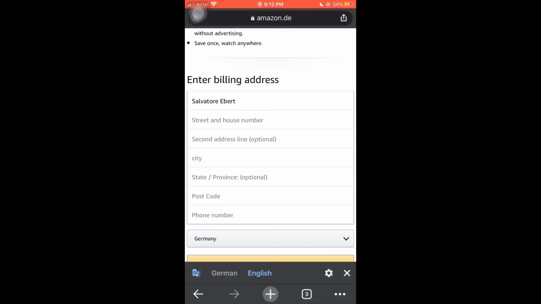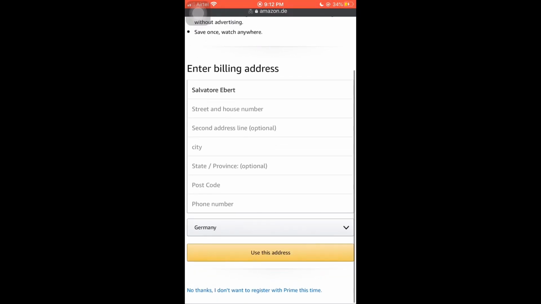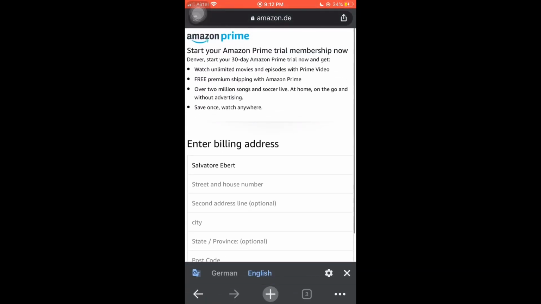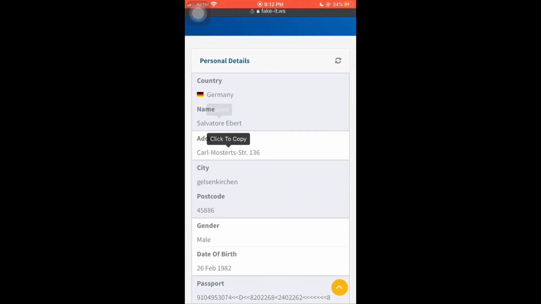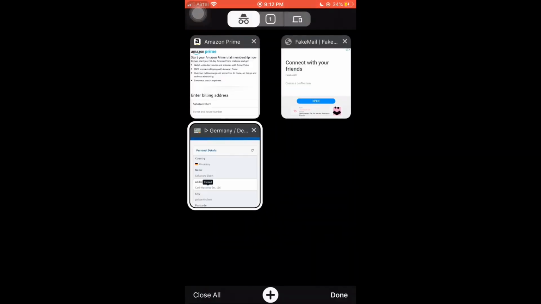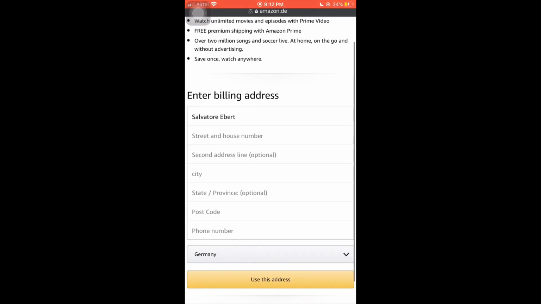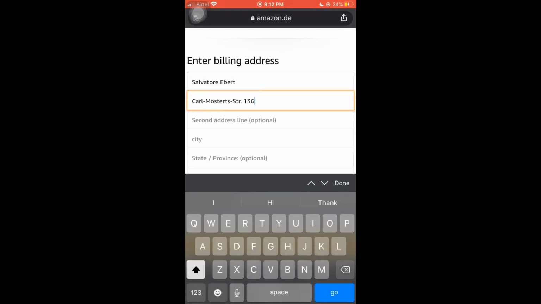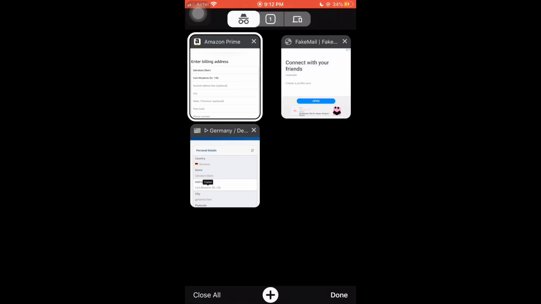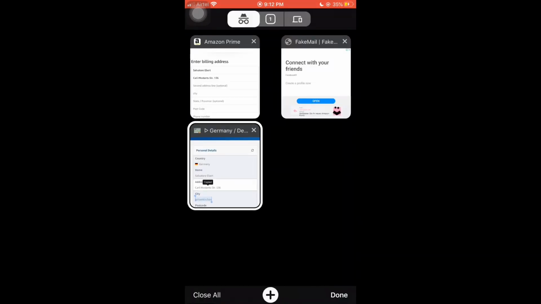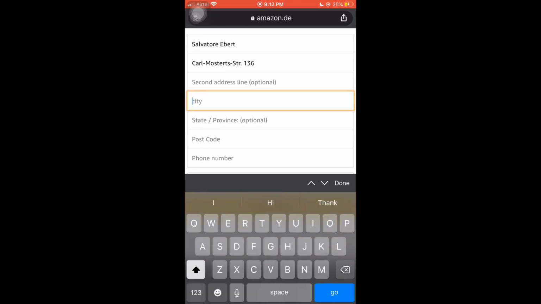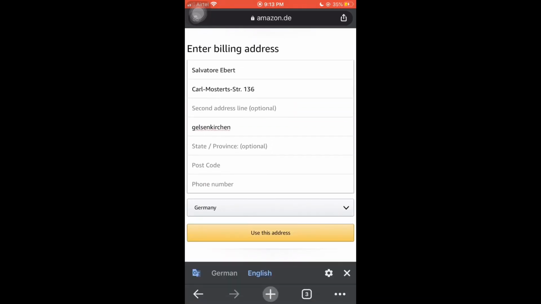After this, you can use the address as the user has, or you can use an address as you wish to. Here I'm using the same address as the user has mentioned here. As you guys can see, I'm only filling up the important information and leaving off the optional information.